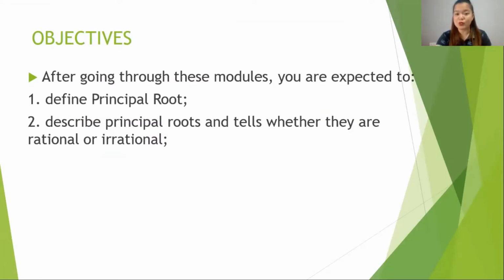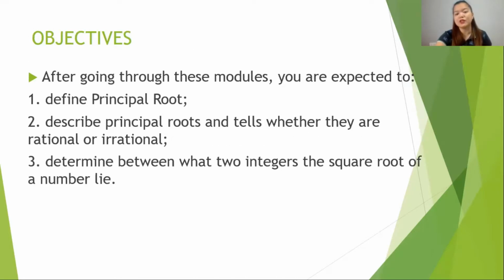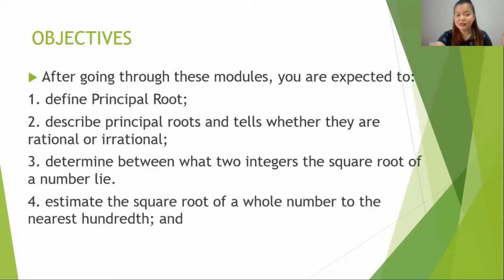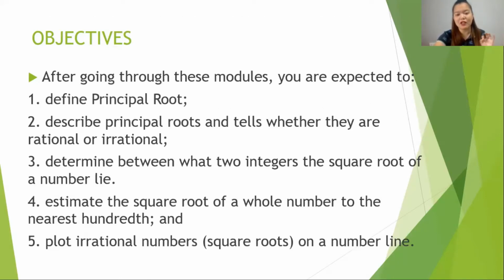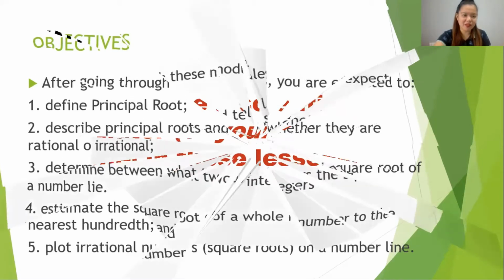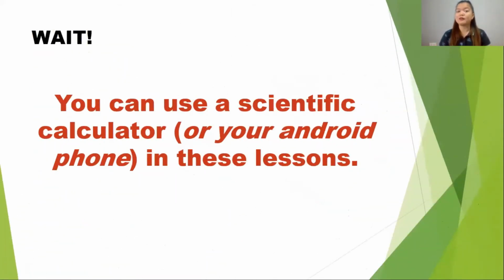After going through these modules, you are expected to define principal root, describe principal roots and tell whether they are rational or irrational, determine between what 2 integers the square root of a number lie, and number 4, estimate the square root of a whole number to the nearest hundredths, and plot irrational numbers or square roots on a number line. Okay? But before that, you can use your scientific calculators or your Android phone